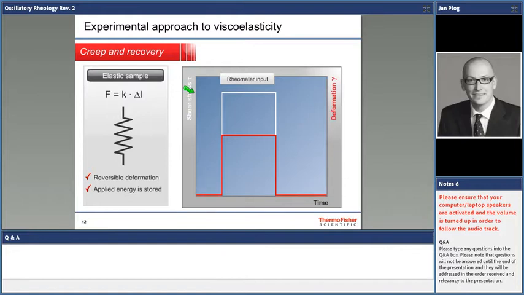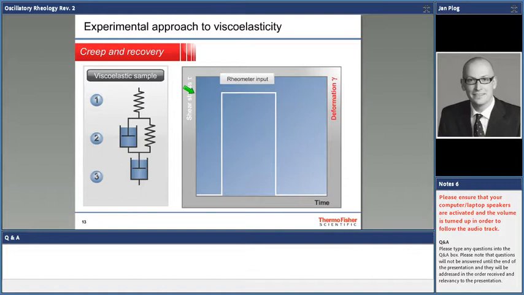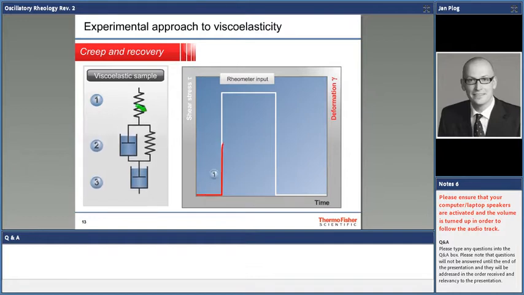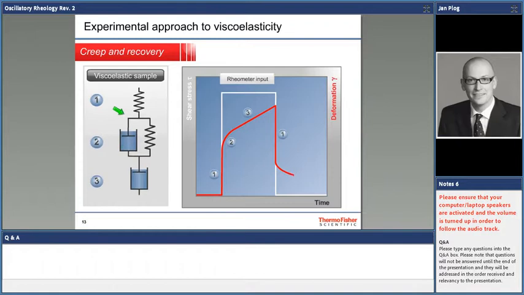Okay. Now when we look into the real world again, and we have a viscoelastic fluid, creep and recovery looks slightly different, of course. Just a mix between those. What you're going to see is that first of all, the purely elastic component of your fluid is excited. Then you go through the transition viscoelastic element here at 2, and then under 3 you go into the purely